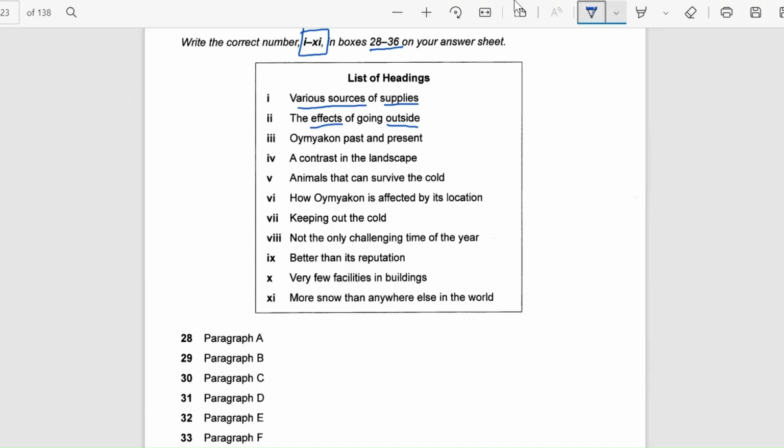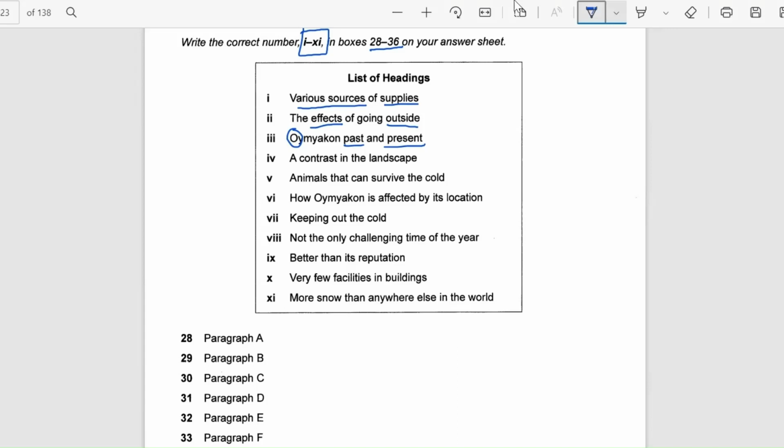Then it's talking about a place, it seems. So Oymacon is the name of the place. Okay. And it's talking about the past of that place and the present of that place. Now, usually when I see places in the passage, I don't really get into the pronunciation of that place time and again, because some pronunciations may not be familiar to us. So a small strategy that you can also adopt is I'll just say there's a place named O. So the past and present of O is being discussed.